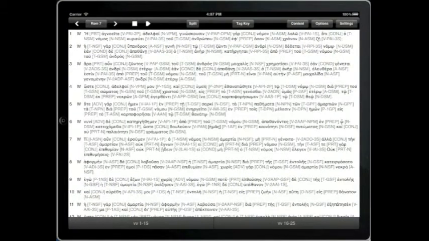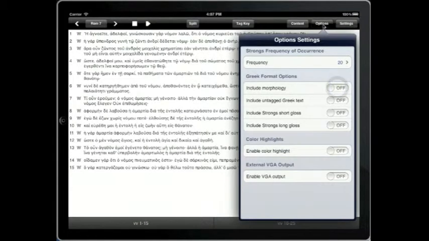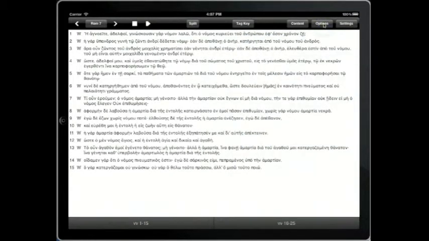The morphological tags are very useful for both the reading and study of the Greek New Testament. But for an even more advanced method of study that enables the visualizations of differences in the Greek syntax, the RGNT provides a powerful system of color highlighting. The color override system contains two main components, the default color and a very powerful feature I've called the override color. I've posted another video, Color Highlighting Overrides, that demonstrates this advanced feature, but here I'll describe only the default